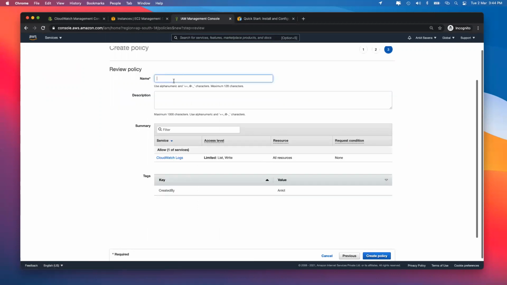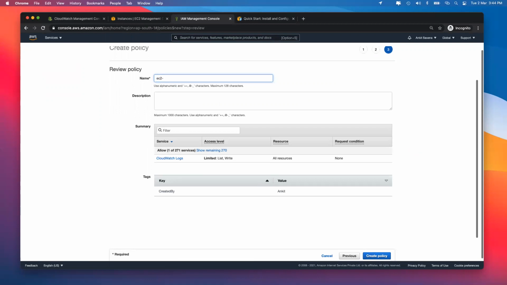Let's call it EC2 hyphen cloud agent. And for the description, let's say this policy will allow me to access CloudWatch from my EC2 instance. We'll remember this name, EC2 Cloud Agent, because we need it in some time.